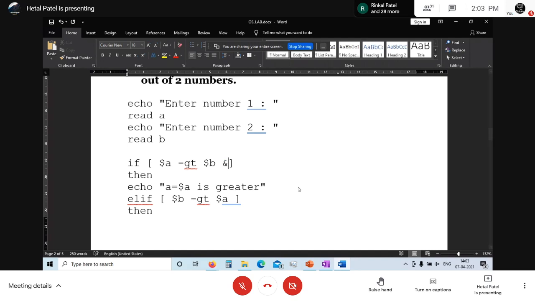If you want to write two conditions the way you write in C, there is an AND operator. So this AND operator you have to use to combine the two conditions. That means $A greater than $B, and you are having $A greater than